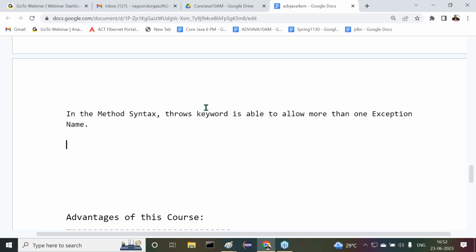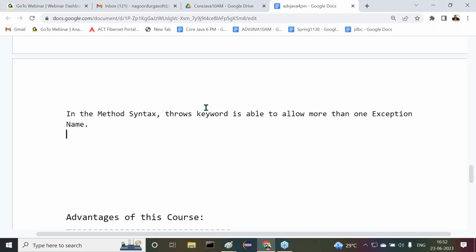There is no condition that only one exception class can be used along with the throws keyword. We can provide any number of exception names along with the throws keyword. That depends on the type of exceptions which you are going to get from the method, and on the basis of that we specify exception names along with the throws keyword.